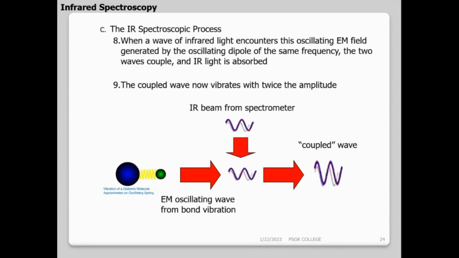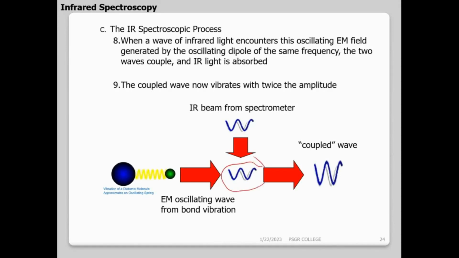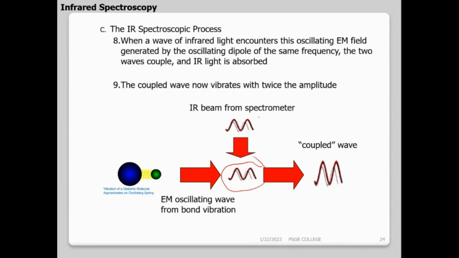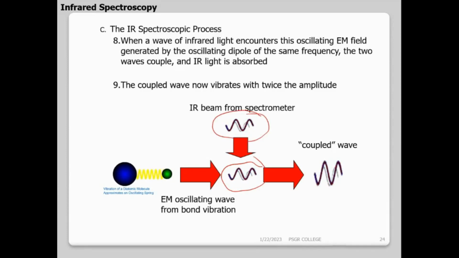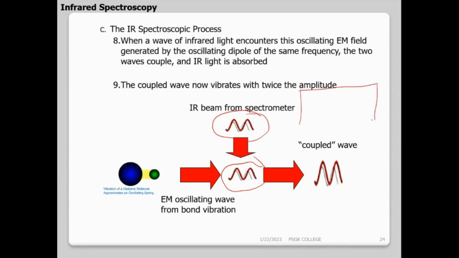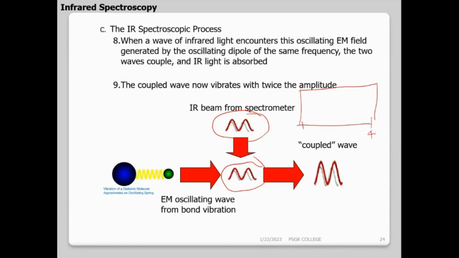Okay, so where I am going to absorb depends upon my dipole. This is the radiation I create to produce the oscillating field, the IR radiation. This is the IR radiation I give from the instrument. Instrumentally, I'll be giving the radiation from 0 to 4000, or specifically from 400 to 4000. And generally I measure in centimeter inverse because it is easy to remember.